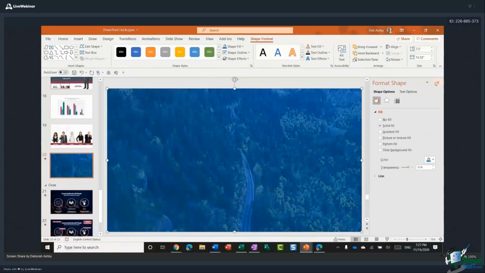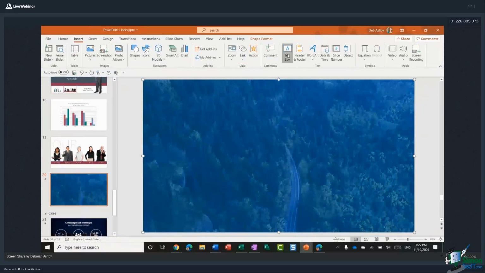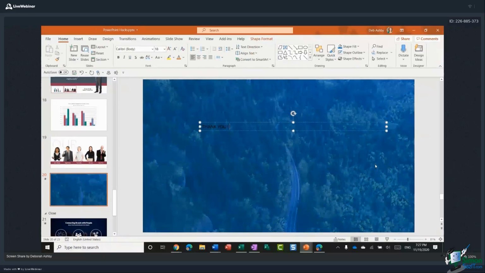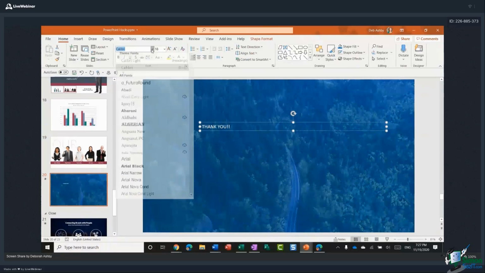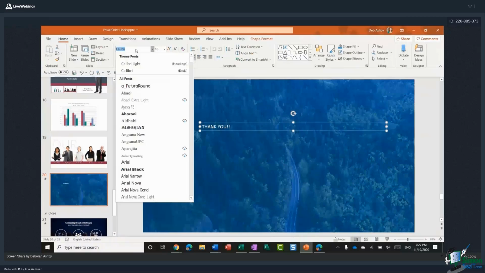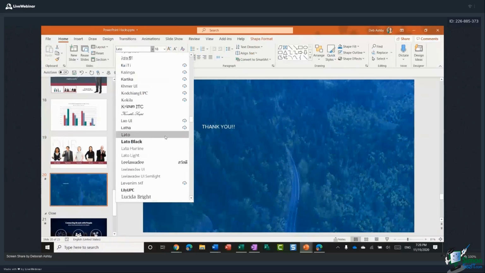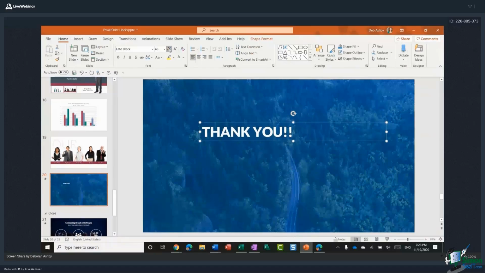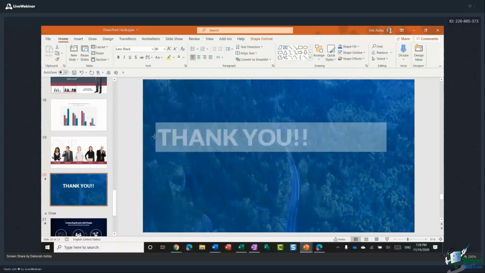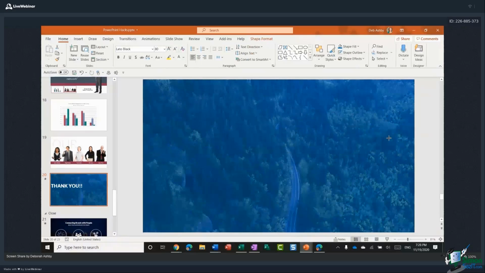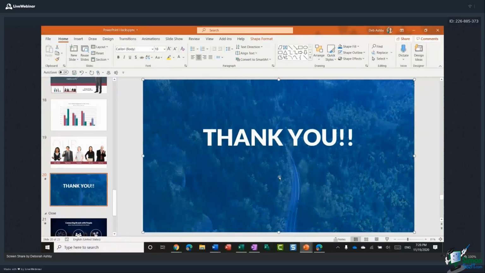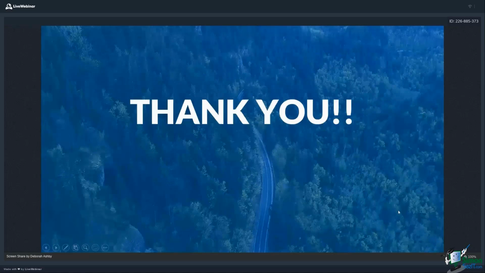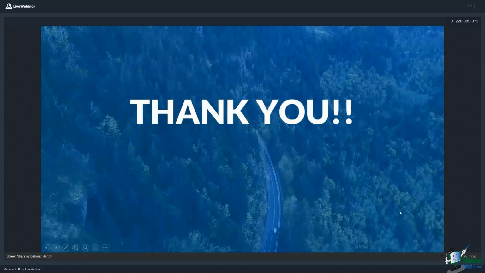I can then go and put my text over the top. So I'm going to insert a text box, which I might want to say, let's just say, thank you. And of course, you can format that in any way you see fit. So I'm going to make that white. I'm going to change it to, let's do my favorite Lato font. I'm going to make it quite a bit bigger. And of course, I'm going to do my old trick of dragging this out to the bounds of the slide and centering. And then when I play it very quickly, you'll see that's the kind of effect that you get in a few clicks. Really, really nice.